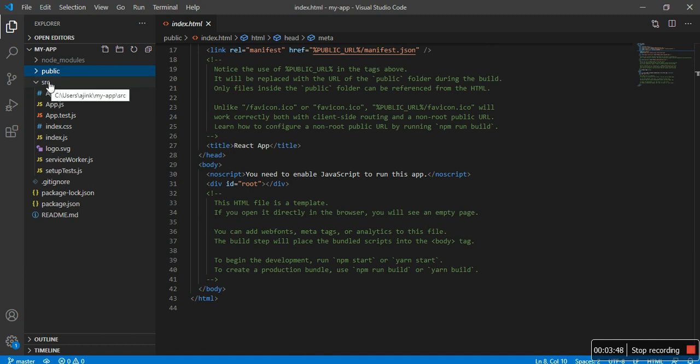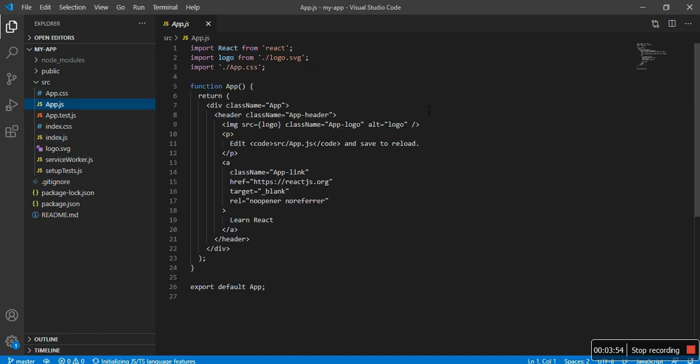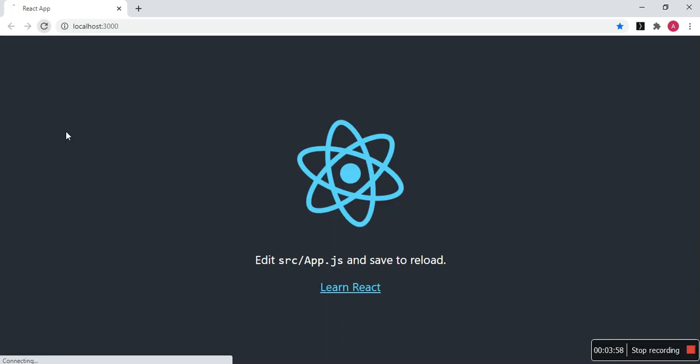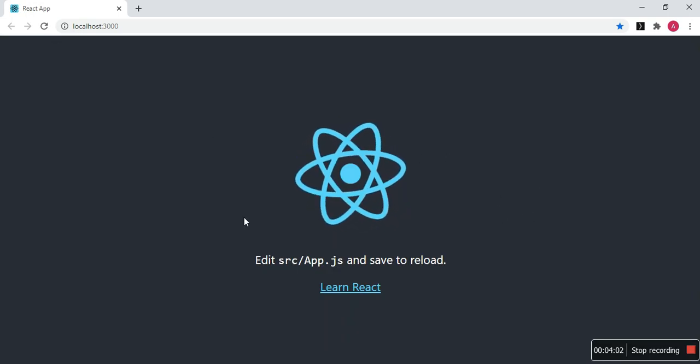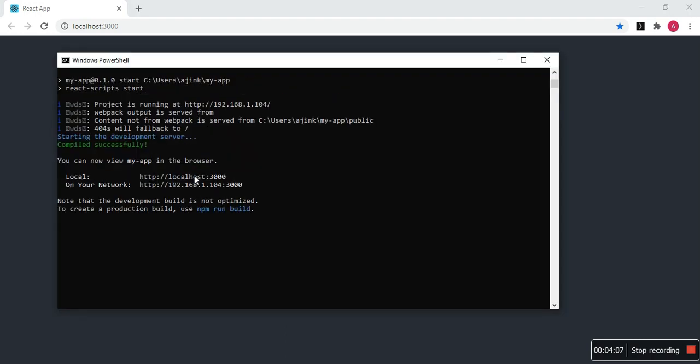If you go inside src, then index.js is the second file, and after that App.js is the root container. So this is how the first page appears, and you can check the command prompt here. It says localhost:3000, you can view my app in the browser, and this message appears: compiled successfully.